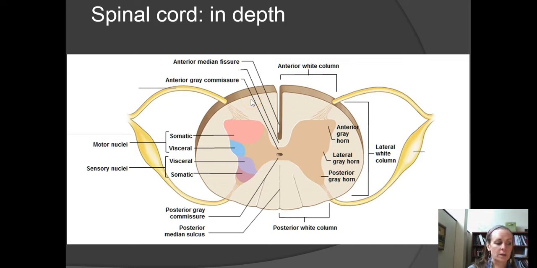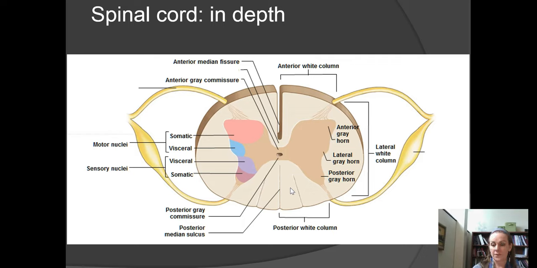Okay. Now, these white regions, they have myelinated axons, and those are either sending information up toward the brain or towards higher levels of the spinal cord, or it's sending information down from the brain or from higher levels of the spinal cord